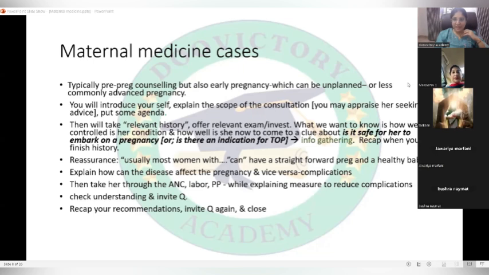So, first of all, let me give you a brief introduction. The patient comes in early pregnancy, or she comes in for pre-pregnancy counseling. Very rarely they will be coming in advanced pregnancy with some complication, right? So now in maternal medicine cases, in any scenario, when they come for pre-pregnancy counseling, when they come